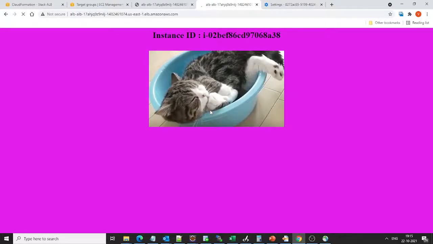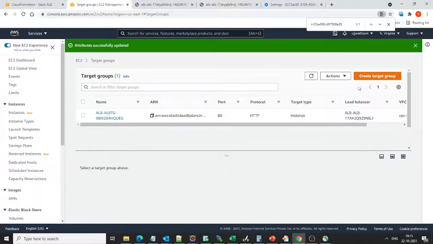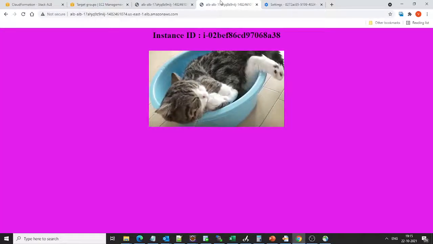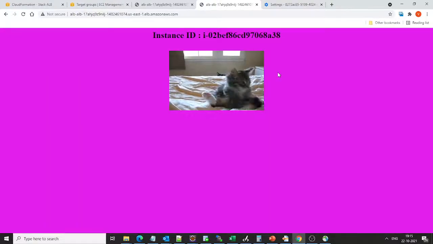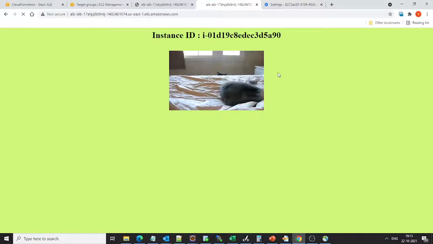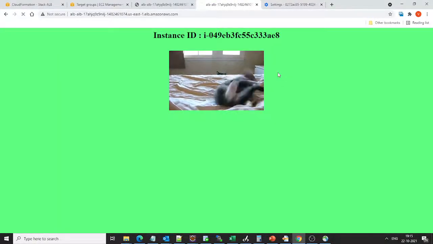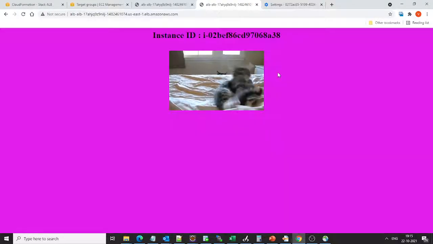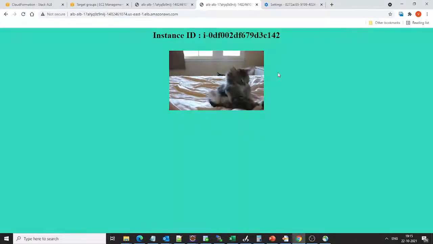Let's wait for 1 minute. As you can see, after disabling the session stickiness, it is giving a random instance ID. That means it's not tied to a particular host, so session stickiness is not enabled.